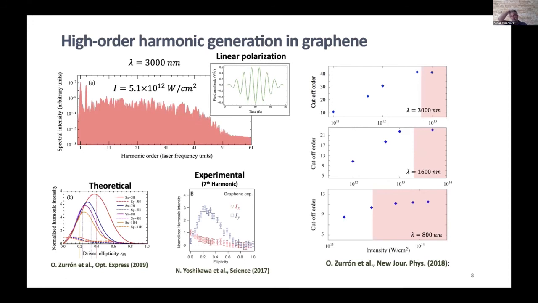Therefore, there are three main conclusions that can be drawn from the high harmonic spectra from graphene. The first one is that we see the emergence of the spectral plateau at large intensities. The second, that there is a non-trivial cutoff dependence with the intensity. And third, that there is a limiting photon energy close to the maximum band gap of the material. The interpretation of these conclusions will allow us to unveil the fundamental mechanism for high harmonic generation in graphene.